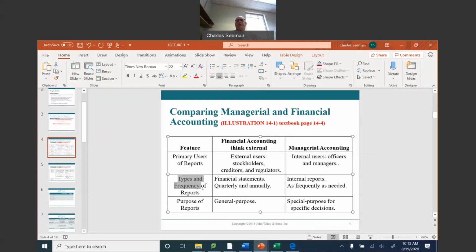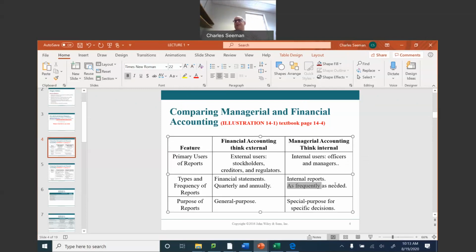Types and frequency of reports. Financial accounting is very fixed. We report in something called a financial statement, which is a balance sheet, income statement, statement of cash flows with notes. And it's usually done quarterly and annually. Managerial accountants, think internal,